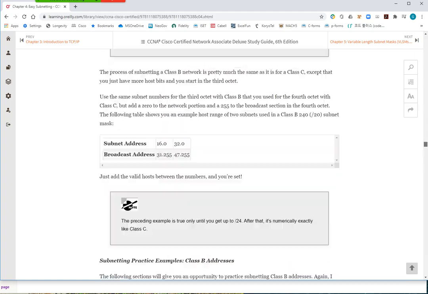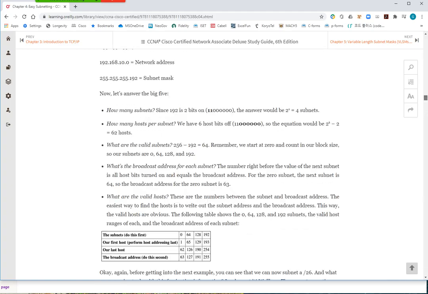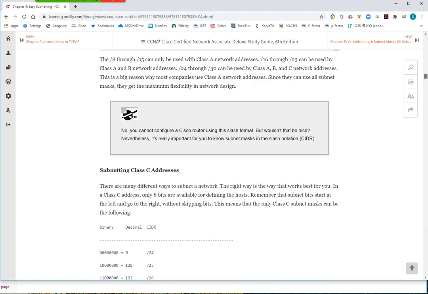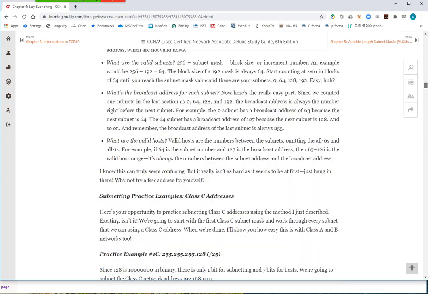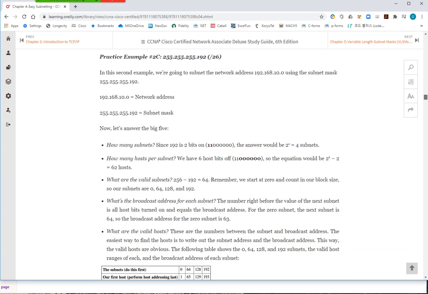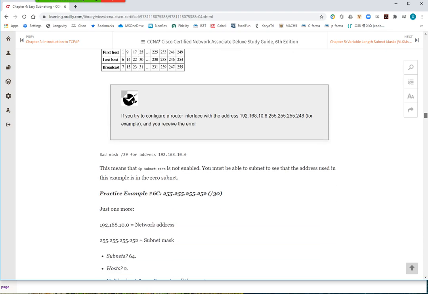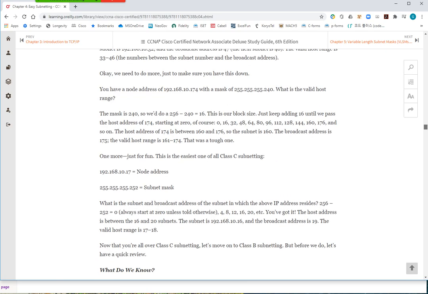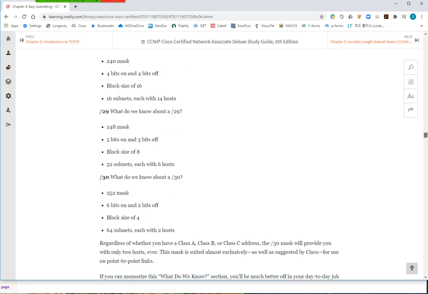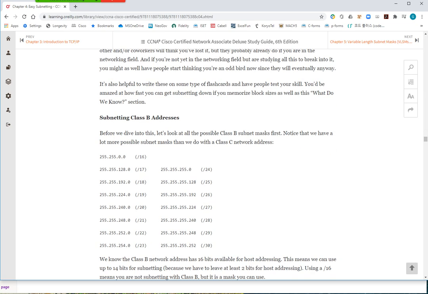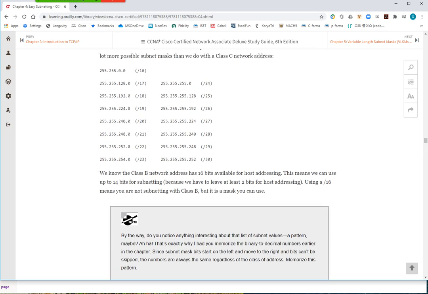But anyway, let's look at the Class B subnetting. We already talked about Class B subnetting. So let's take a look at the Class B subnetting. Okay. So with the Class B subnetting, first,